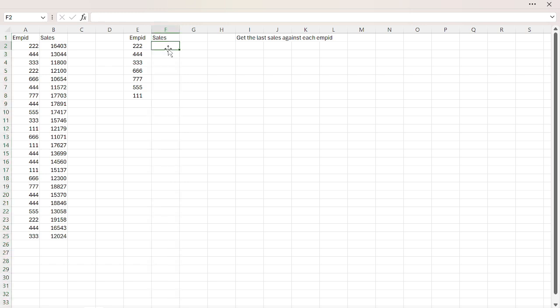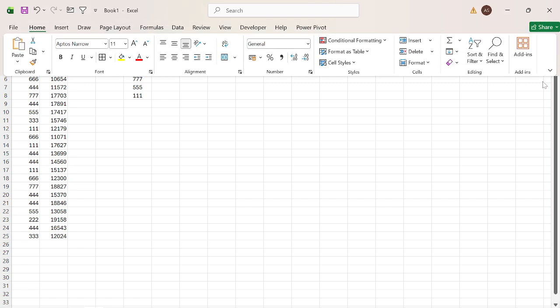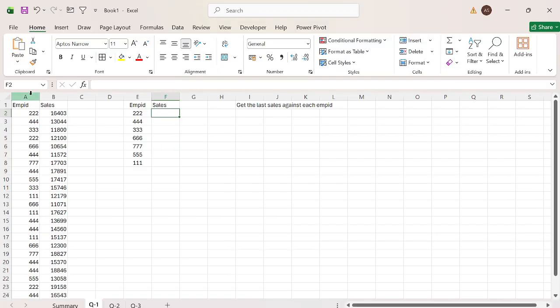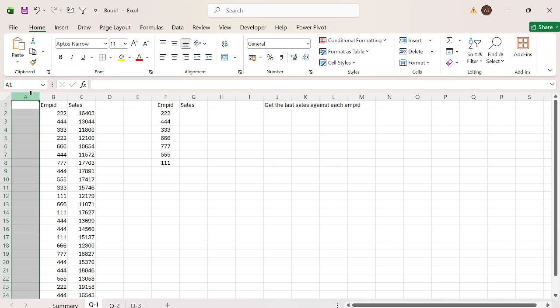First, we need to take one helping column. Without a helping column it is also possible, but I am solving it with a helping column so that everyone can understand the logic very easily. So let's insert one column first and give it the name Help. Here you will have to put the